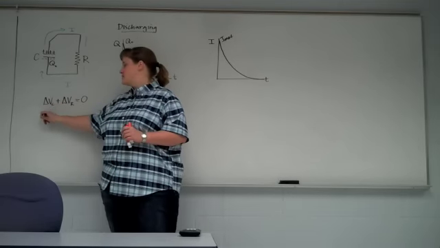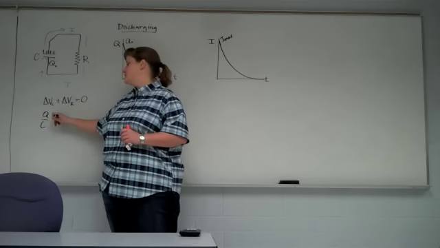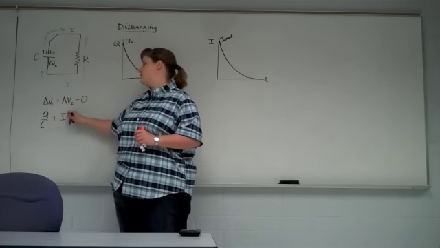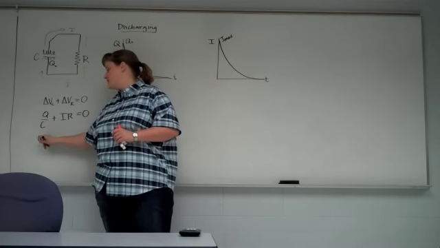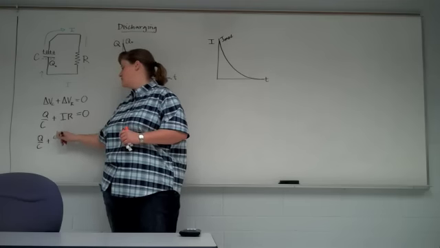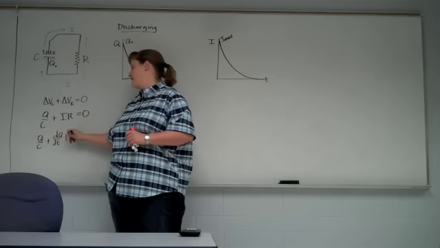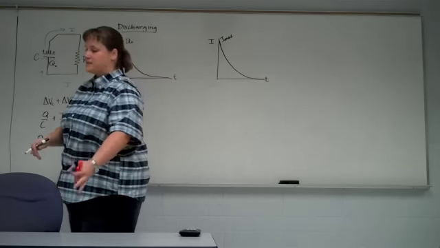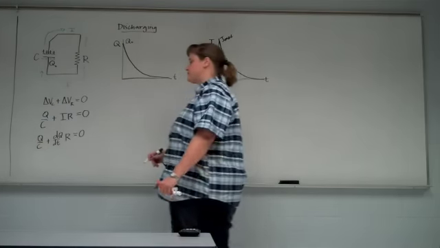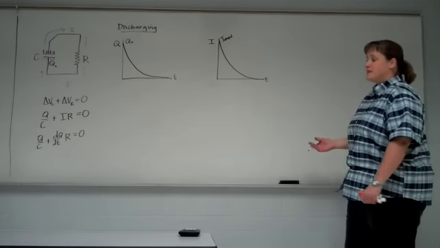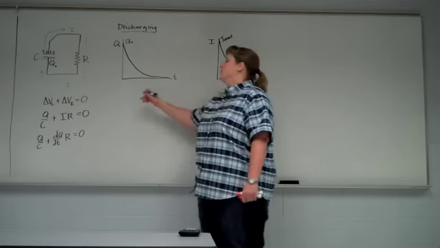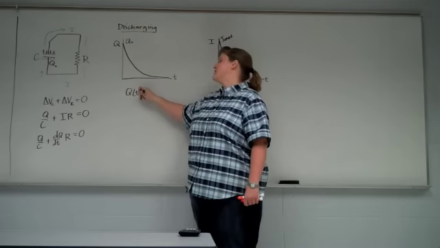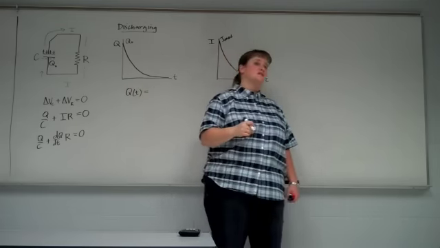So capacitor, remember, is Q over C for the voltage. Resistor is I times R. But I, we know, is dQ dt. So we end up with another differential equation. Again, we need a function for Q such that when we take the derivative of it, we get the same function back but a negative sign so they can add up to be zero. The charge as a function of time when the capacitor is discharging